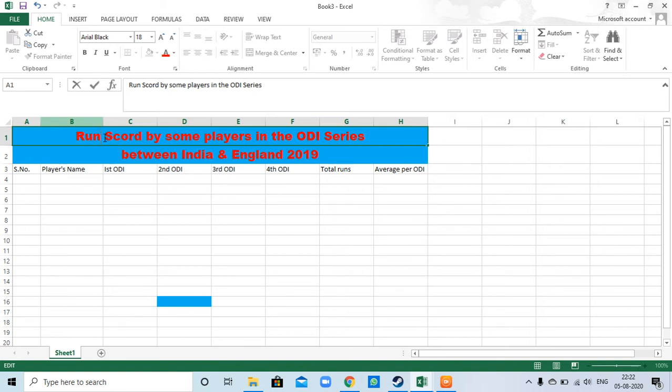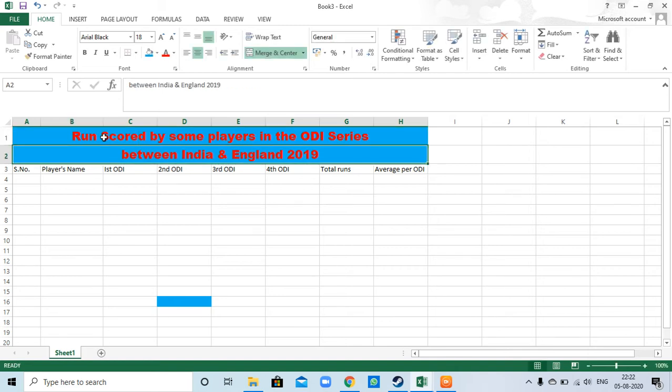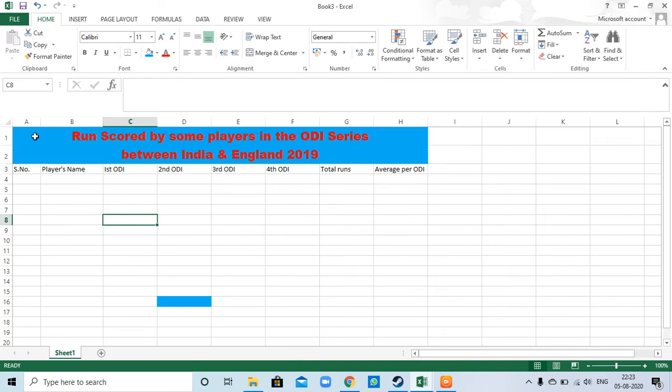Runs scored by some players in the ODI series between India and England 2019. This is the heading.